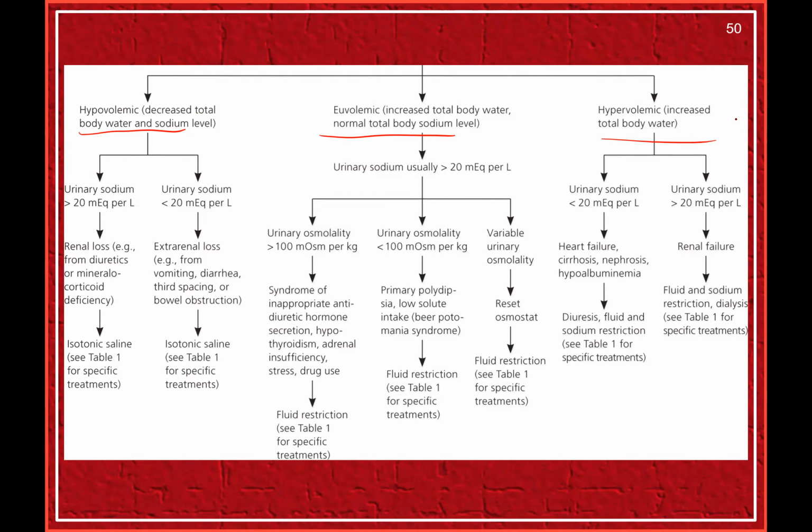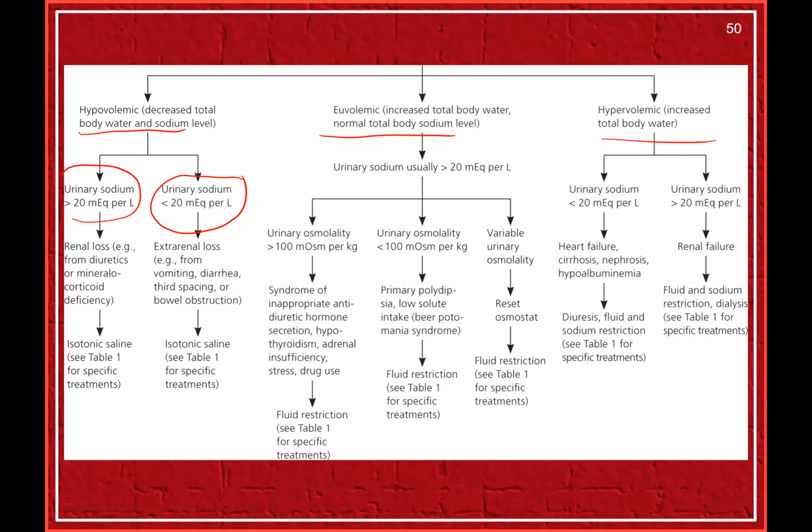Then, am I losing the sodium from the kidney or from somewhere else? That is the question. How do I answer? Look at the urine sodium. If the urine sodium is more than 20 milliequivalents per liter, it means it is a renal loss. Whereas if it is an extra-renal loss, the kidney will try to conserve the sodium and the urine sodium will be less than 20 milliequivalents. So the third test you are asking for: one is the serum sodium, second is osmolality, third is the urinary sodium. These are the three basic tests required for both hypernatremia as well as hyponatremia.